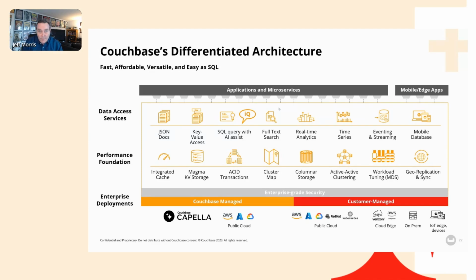We now offer columnar storage for high scale, high speed real-time analytics. Consider it like a data mart that's adjacent, right next to all of your operational application information. So when you need to feed your application immediate information from a high scale aggregate, perhaps a measure like what's the current inventory right now, and can I make a big change to it? Do I have enough to fulfill a massive order? You can run that kind of calculation in Columnar and receive that in real time and immediately write it back